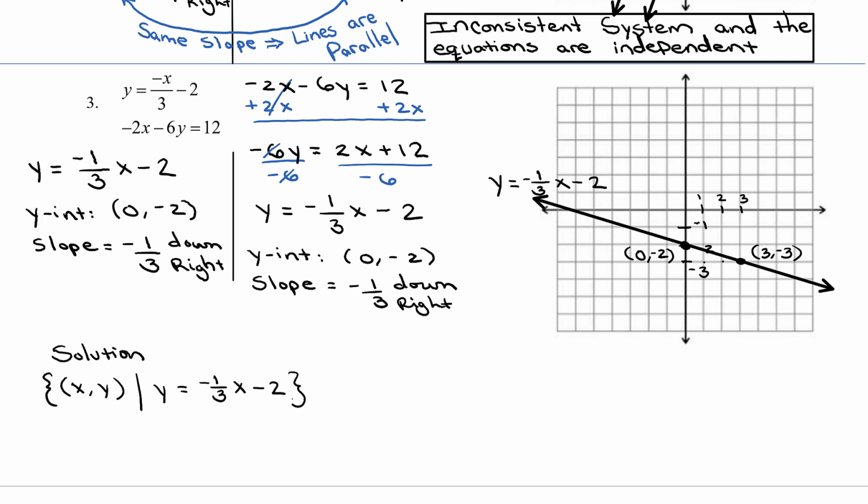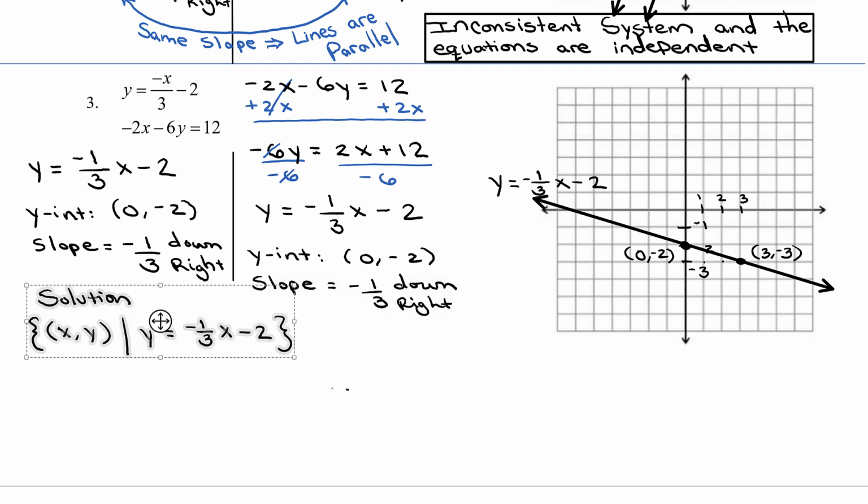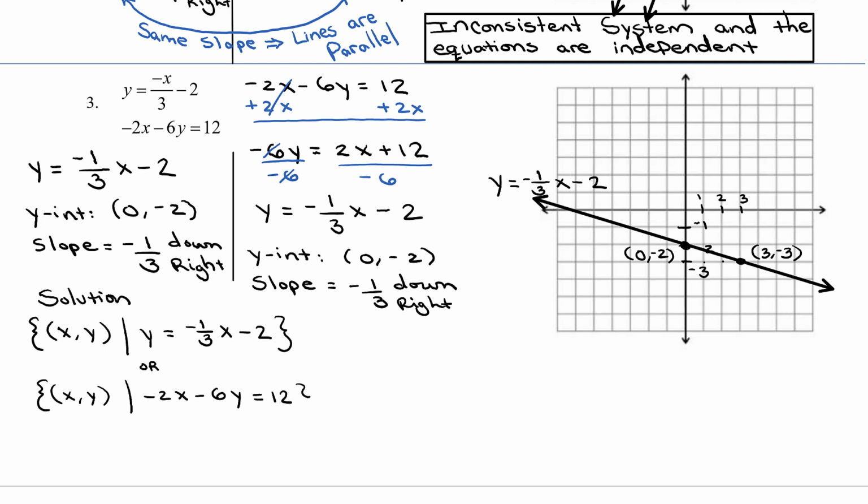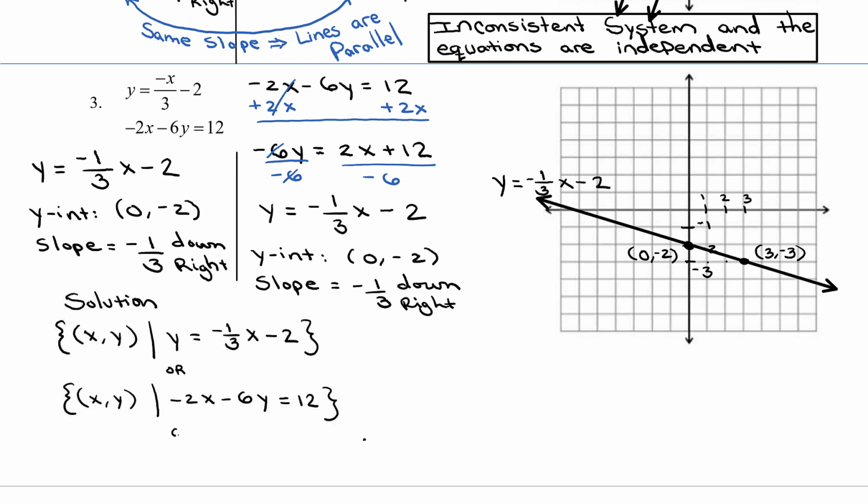And we could have used the original equation that was given to us or the one that was in standard form. They all represent the exact same equation, so they all would have been fine. I'll write down the other way I could have written this. I could have used the equation that was in standard form. So the set of all ordered pairs (x, y) such that it satisfies the equation -2x minus 6y equals 12. Or another way that I can write it,